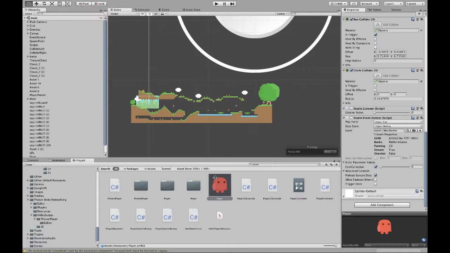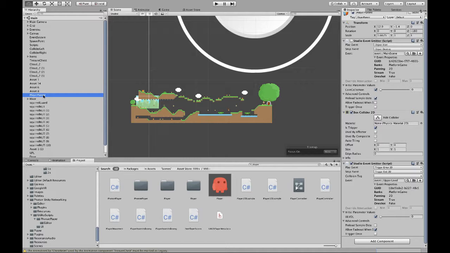Then I tried to, I put an empty object here, and when I initiate the player, it initiates as a child of this object. So the emitter I would put it on this one, on the player parent, so it would be in the scene. But it was kind of working, but since the player parent is the parent and the player is the child, the parent did not move